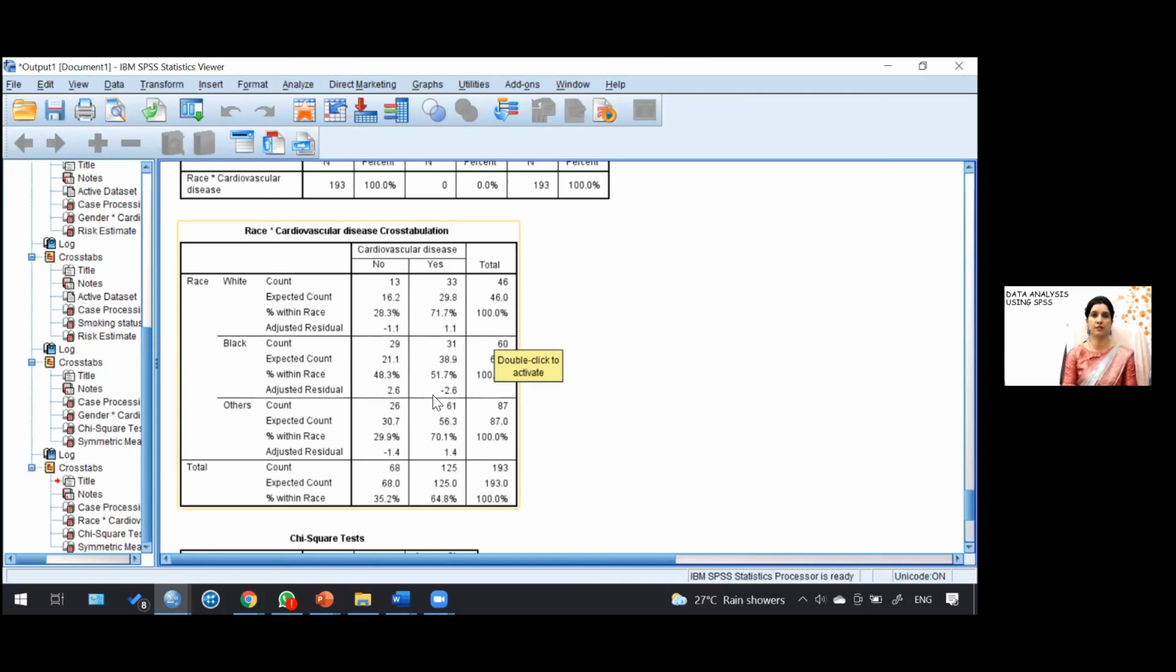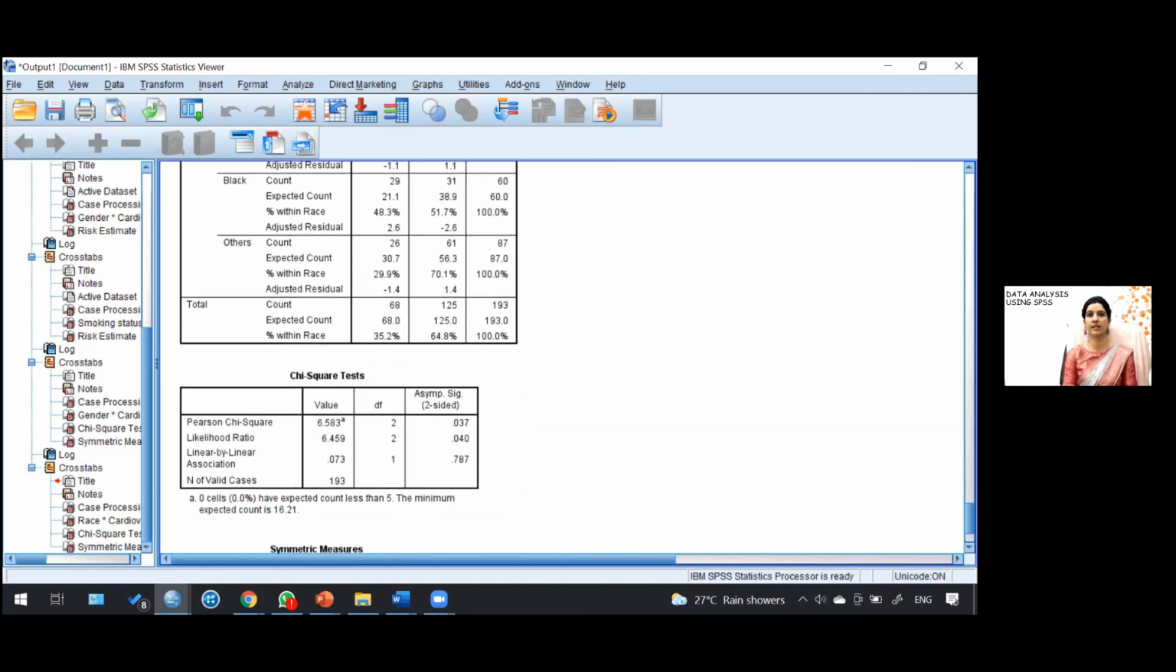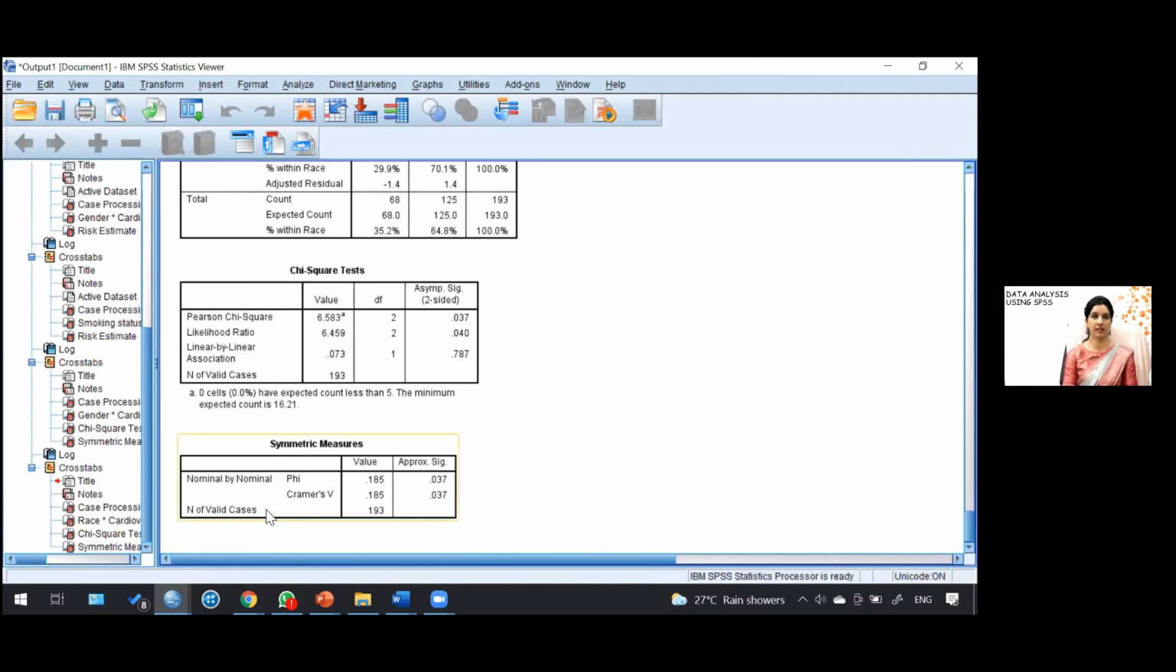Similarly, the adjusted residual of these two cells is 2.6, and here it is 1.4 and 1.4. So if the value of adjusted residual is more than 2, then that particular pair is important for the significant chi-square value. You can see that there was association between race and presence of cardiovascular disease, because the chi-square value is 6.5 with 2 degrees of freedom, and the p-value is 0.03. And if you see the value of phi and Cramer's V, you can see it is